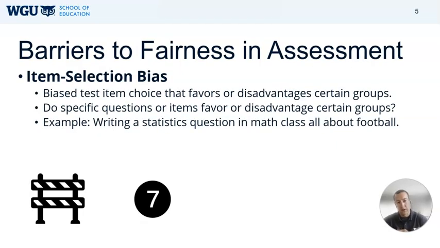And then we have item selection bias, and this is going to be about a specific item on an assessment, and that one specific item is either advantaging or disadvantaging a particular group. It doesn't matter what that group is, it can be anything from race, gender, socioeconomic status, religion, all the way into the example that I always like to use is if I was a math teacher and I was